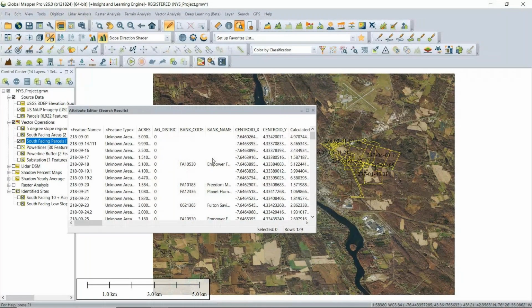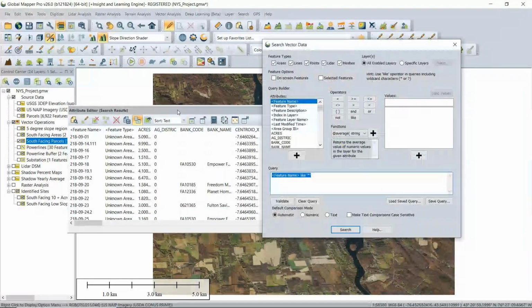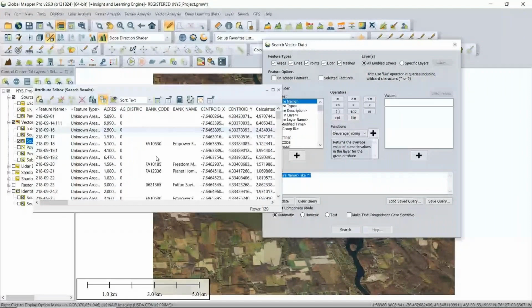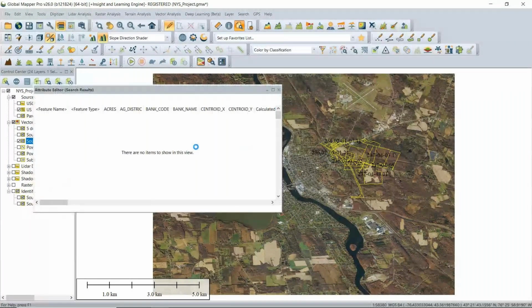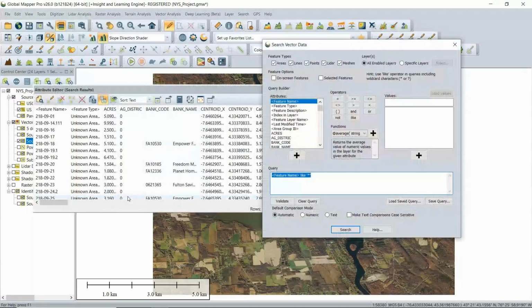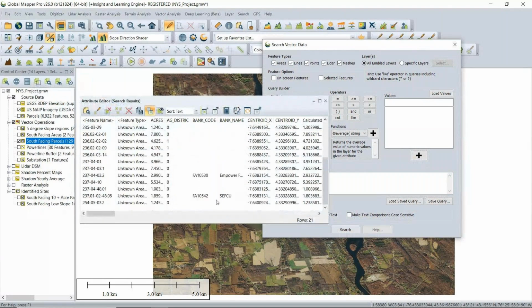And what this is going to allow me to do is enter a custom query in order to limit this result. Right now we're viewing all of the features within that layer. So what I wanted to do, I didn't mean to close that, with apologies, let me reopen that very quickly, is enter a very simple formula here. So I'm going to add my acres attribute, and we want greater than or equal to 10 acres. I'm going to search, and we're going to narrow that list down to just the features that meet that particular